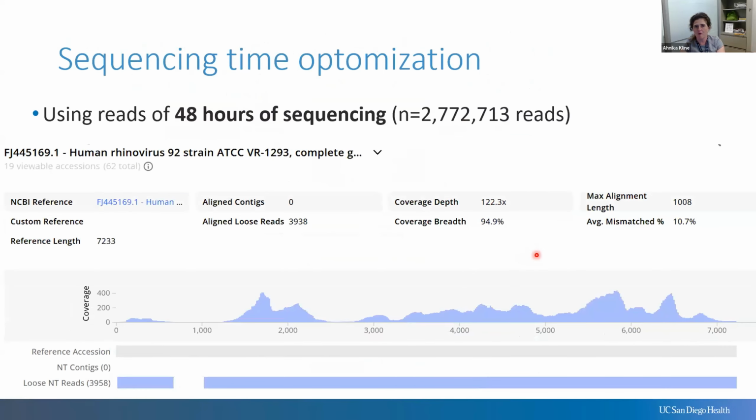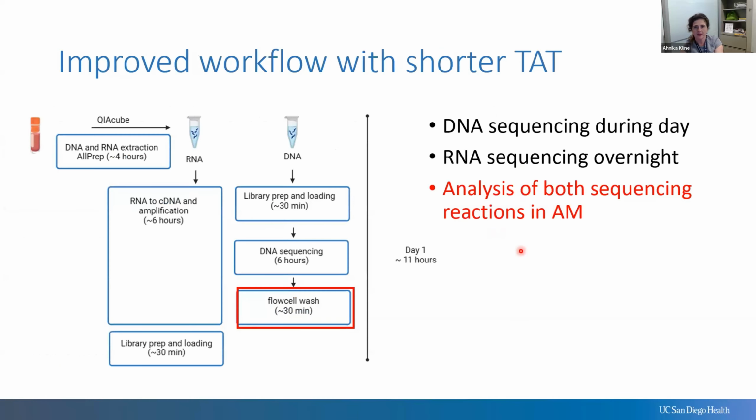We let the sequencer go for 48 hours, we get 2 million reads and a coverage of closer to 100%. And so optimizing time, we ended up selecting that overnight might be the right amount for RNA sequencing, and on the order of, say, 6 to 12 hours for DNA sequencing. So here's how we improved the workflow with a shorter,